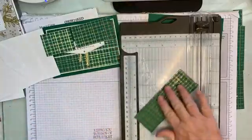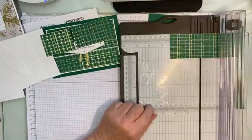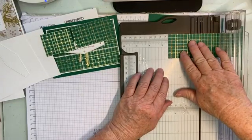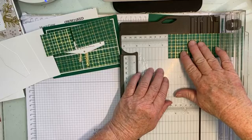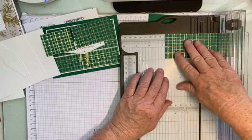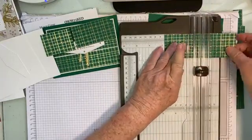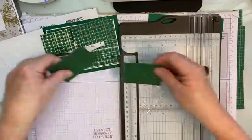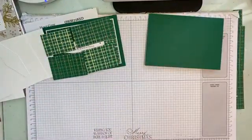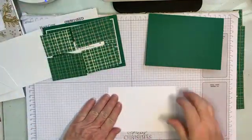Now I'm keeping my patterns nice and even in order, and I'm going to chop this a little bit more. It's not going to be even. I think it's even on that one, and just like that. Bring in our basic white,